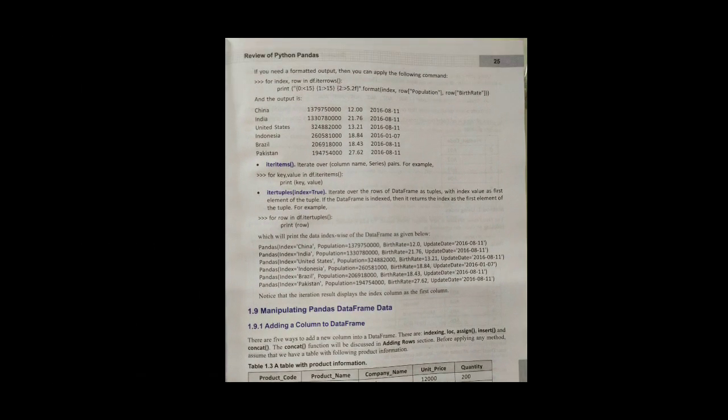Let us move towards the next. If you need formatted output, then you can apply the following command. Same thing: for index, row in df.iterrows(), and we have print with curly bracket 0 colon 15, which is used for providing space between each column.